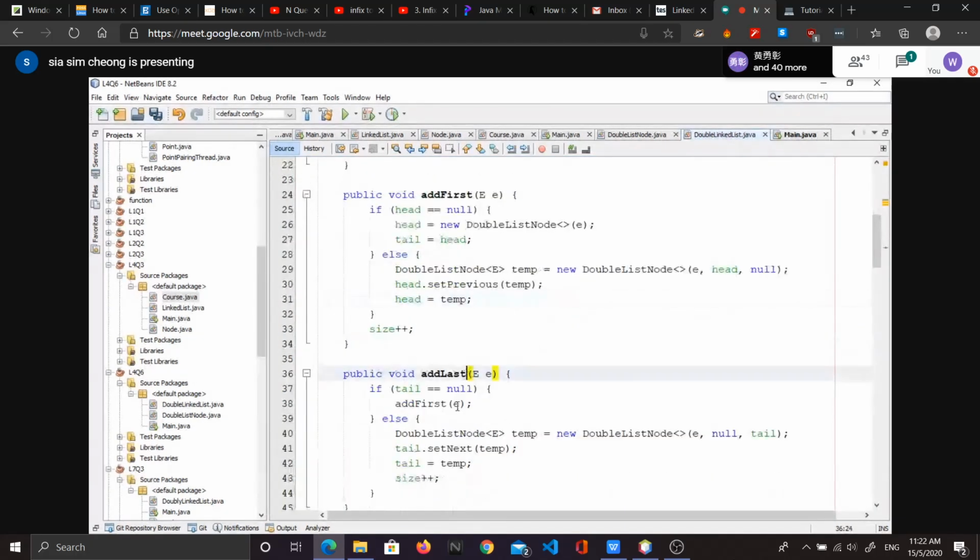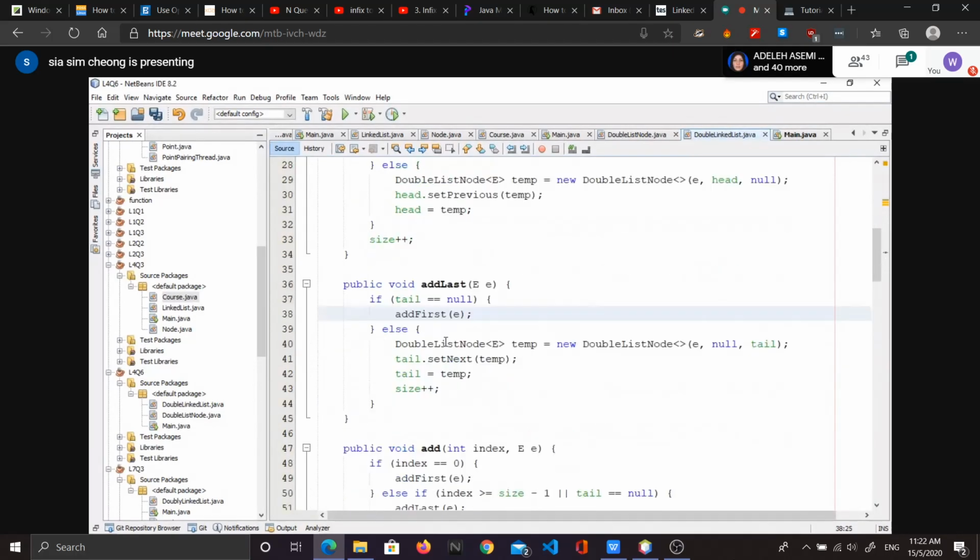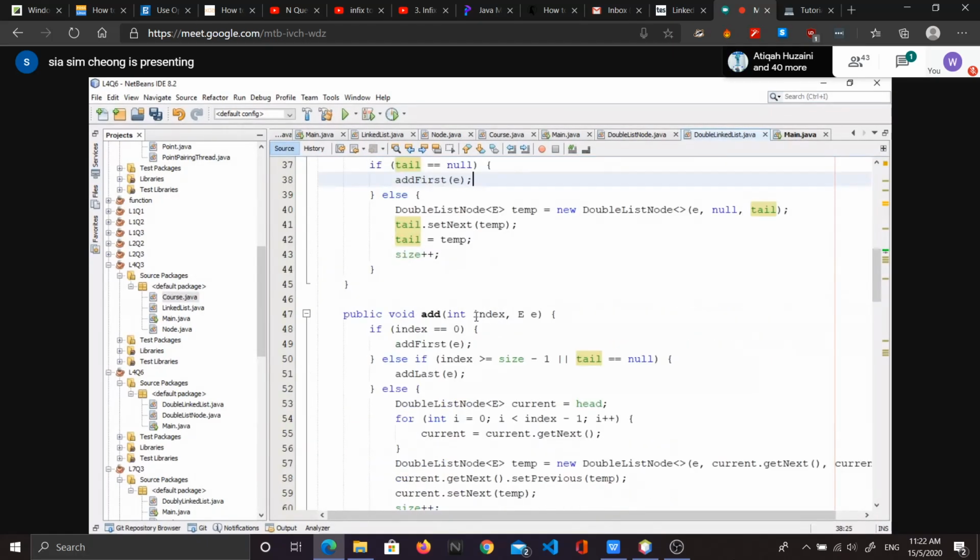At last, I will use back the head. At first, if it is still null, which means it doesn't have any element inside. And then for add,